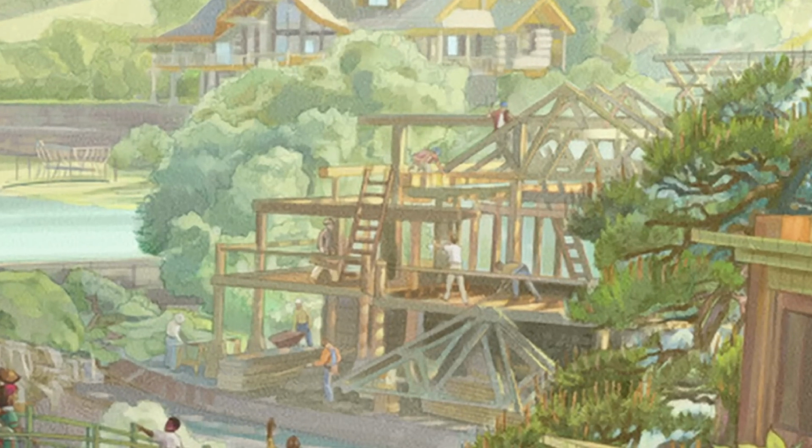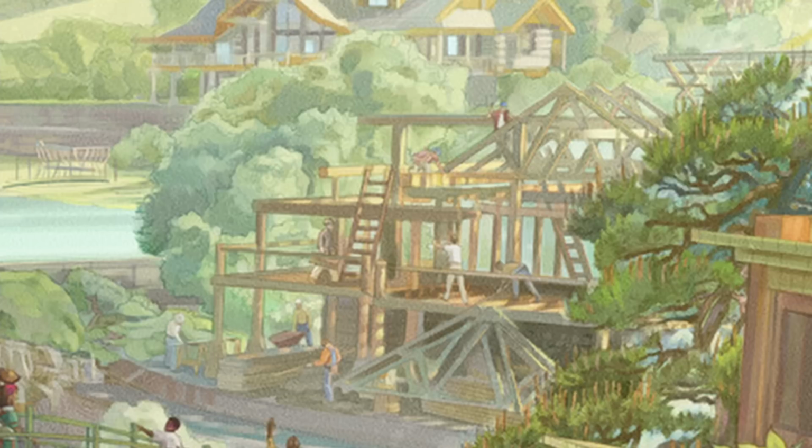Like, look at this. Okay, so we got some fellas building. What you won't see any of these guys doing is using a power tool. This was a real bone of contention for my dad. He's a carpenter and a really skilled craftsman. He's built many houses in his life, and he very much looks forward to paradise and building in the new system of things. But he always kept a close eye on this because he was very distressed at what you